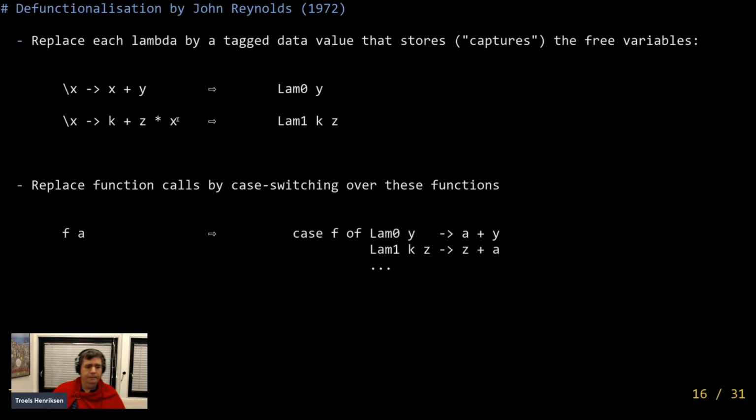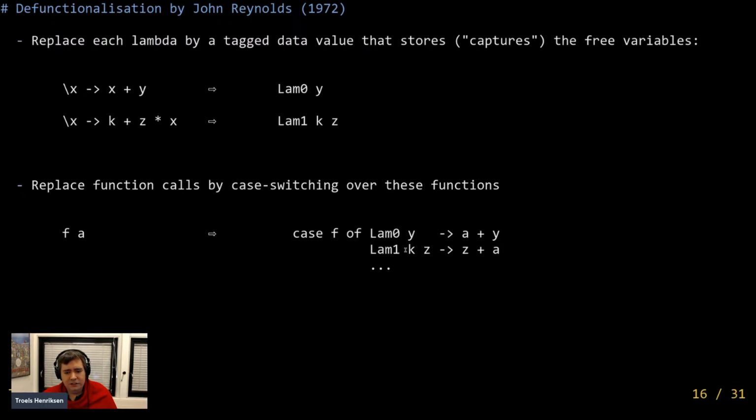Then when you apply a function, you know that any function will now be something of this form. And then any function call can be replaced by a big case statement where we just check, oh, this function we are going to be applying, is it lam0? If so, we do the a plus y corresponding to what's going on up here. See, a is the concrete parameter of the function call that replaces the x.